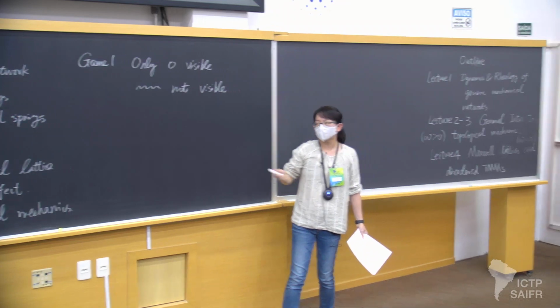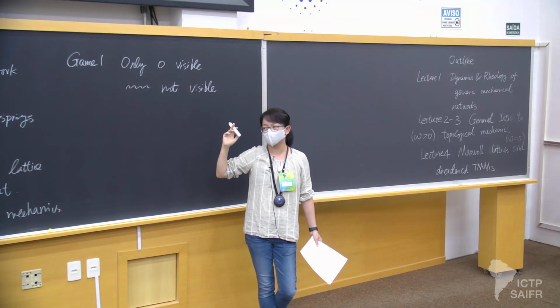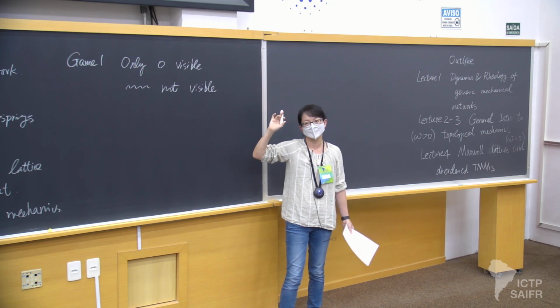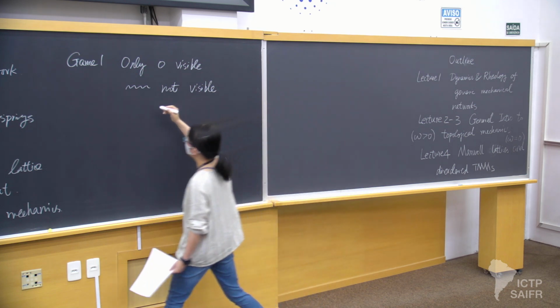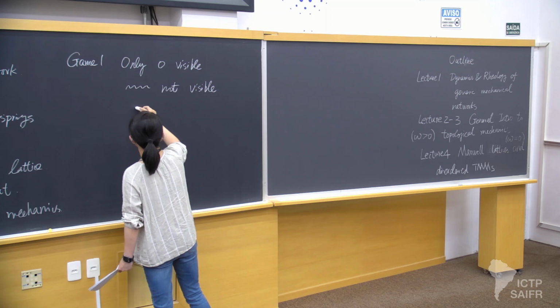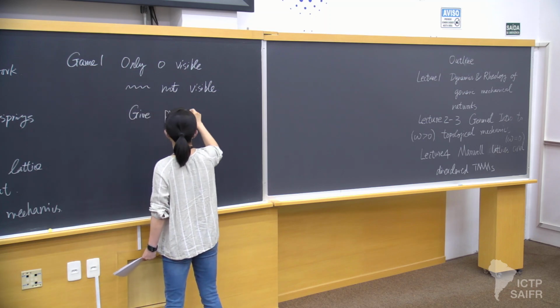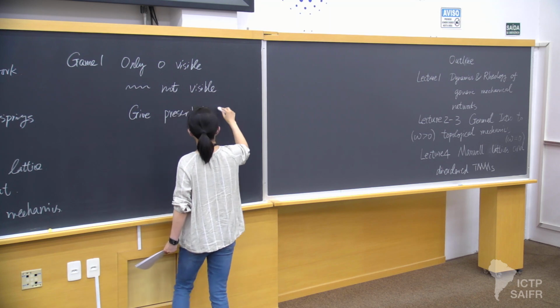And I can do some experiments on the system, and I try to figure out which particles are connected. What can I do? So what I can do is to give prescribed forces